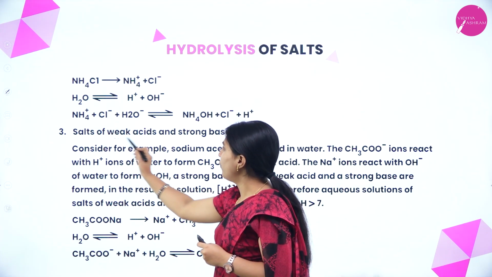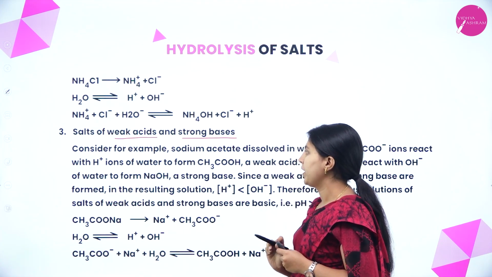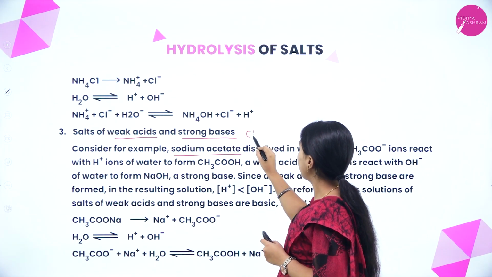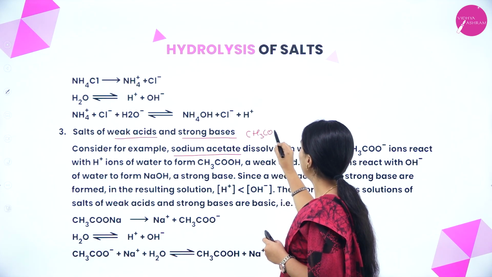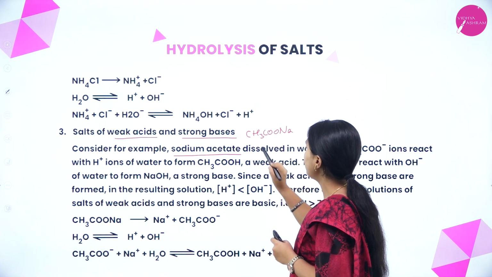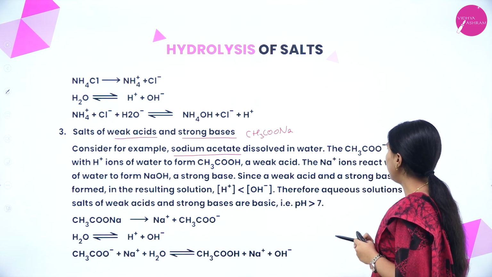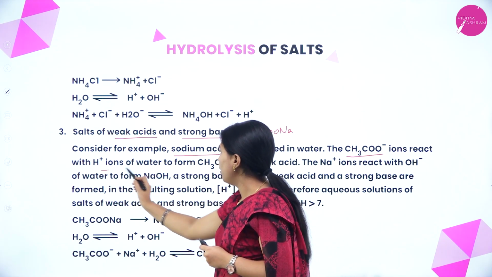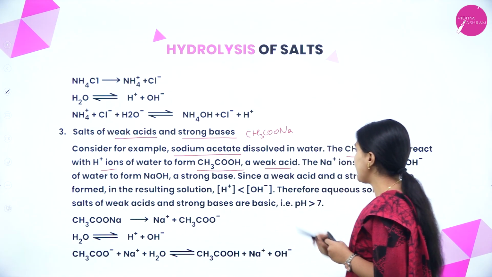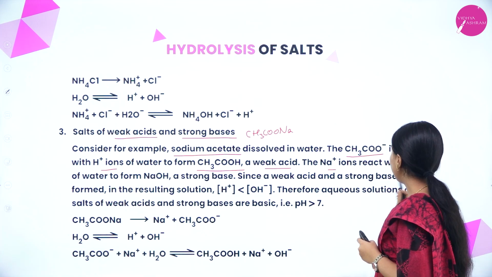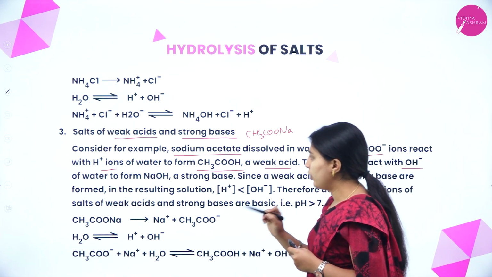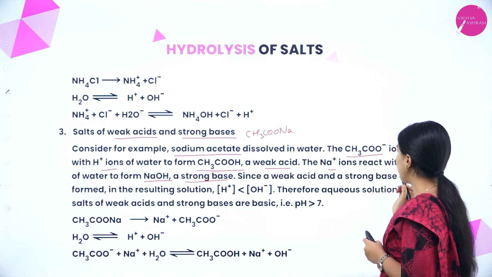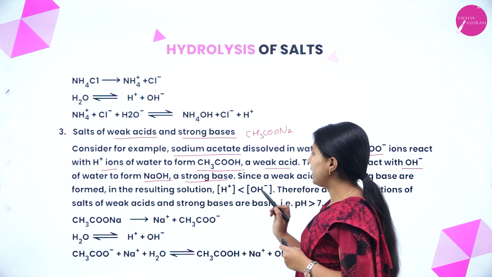Next, salts of weak acid and strong base. Consider for example sodium acetate, CH3COONa. This is sodium acetate dissolved in water. Obviously the acetate ion reacts with H+ ions to form acetic acid, which is a weak acid. Na+ ions react with OH- to form NaOH, which is a strong base. Since a weak acid and a strong base are formed in the resulting solution,